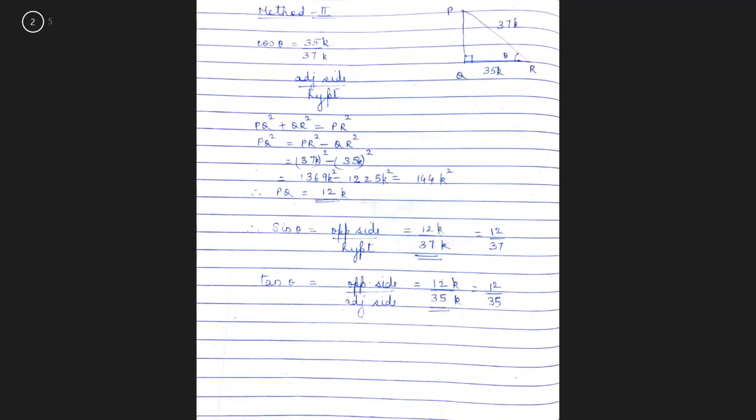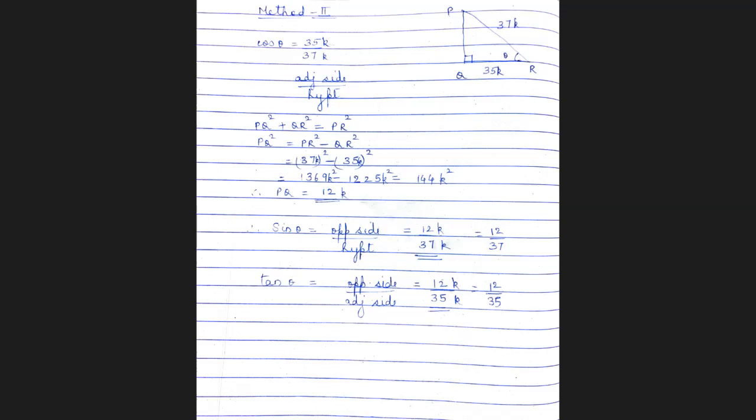The second method is, I draw a right angle triangle. Cos theta you are given 35 upon 37. So take adjacent side upon hypotenuse as 35k upon 37k. Why is k used? K is supposed to be a unit. Now since cos theta is a ratio, the number is not 35 and 37. It could be anything that is multiplied with 35 and 37. So that is the reason why we have taken it as k.